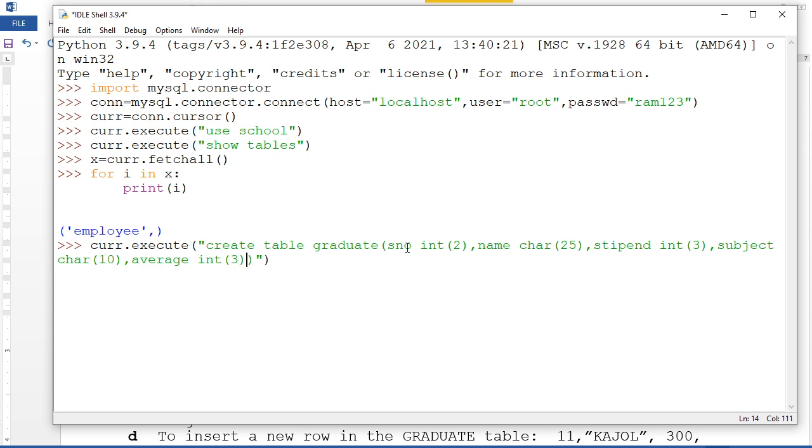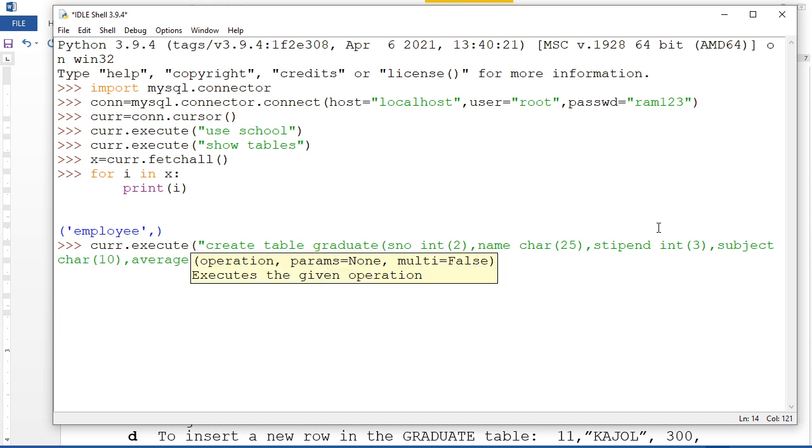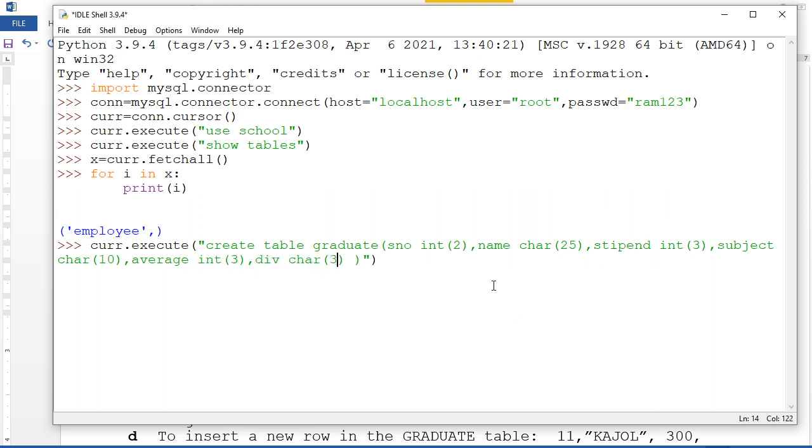Okay, the next. Div, division. Sir, no comma is there. Okay. Division is character 3. I think that is done.